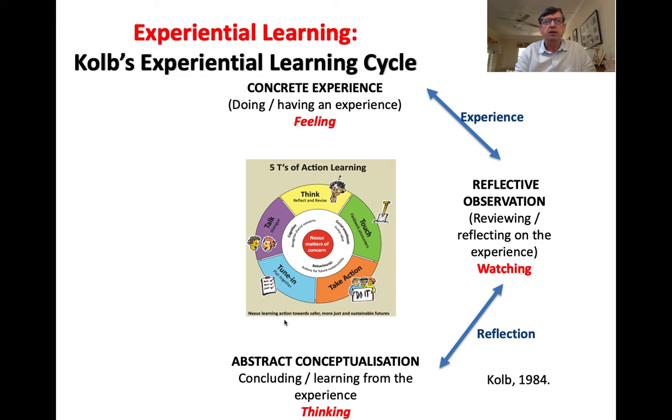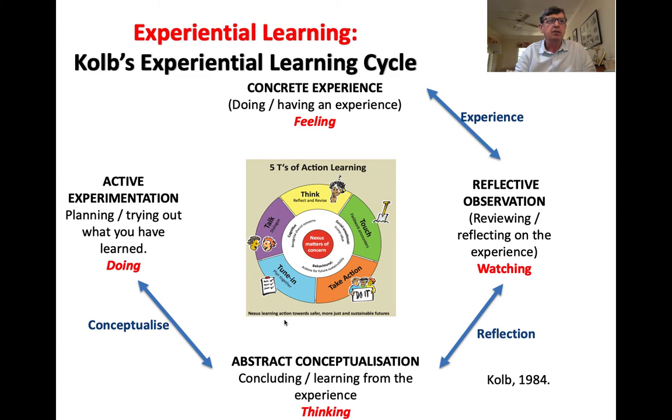The reflection is followed by abstract conceptualization, concluding learning from experience and thinking. Then active experimentation, planning, trying things out from what you've learned, the doing part, and then testing. This is a very practical and very useful and widely used framework for planning